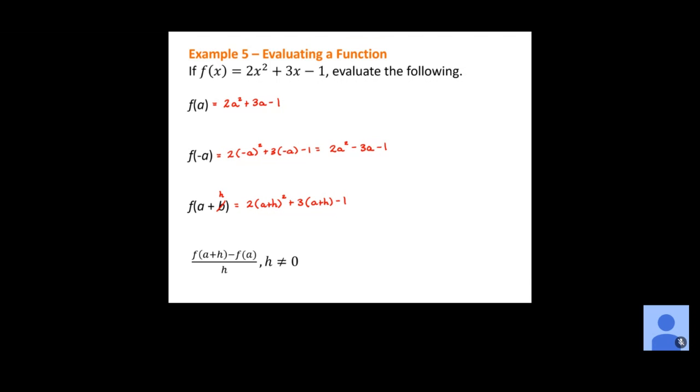It's FOIL, right? So we're going to have to write this as a plus h times a plus h, and then we can FOIL to actually expand it out. I'm just going to come up here and do that work. So a plus h times a plus h. Now, if we FOIL that, what's that going to give us?